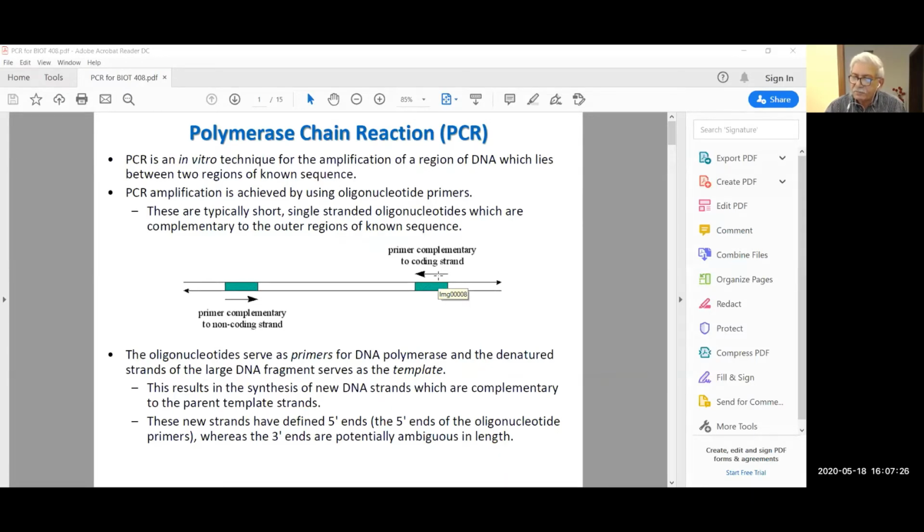In case of Taq, it is magnesium chloride. Okay, the magnesium is the cofactor for this enzyme. So this is what you require. And then